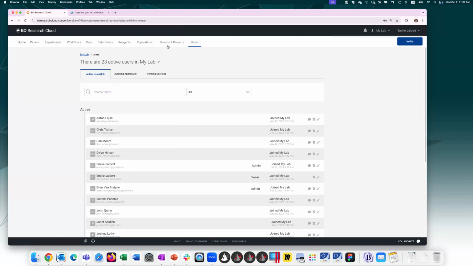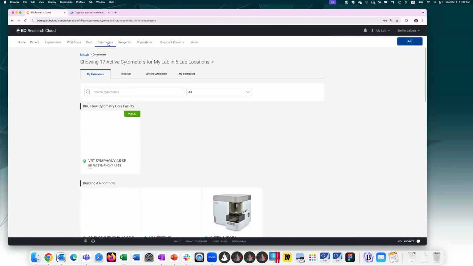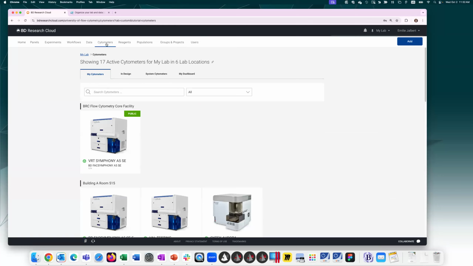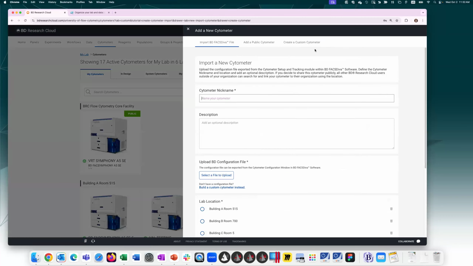So now that you've created groups and projects, you've invited users to one or more groups, we can jump into a cytometer. So if you click over to the cytometer section, this is where you can add or connect to a cytometer. To do so, you would just press the add button in the upper right, click add, and there's different